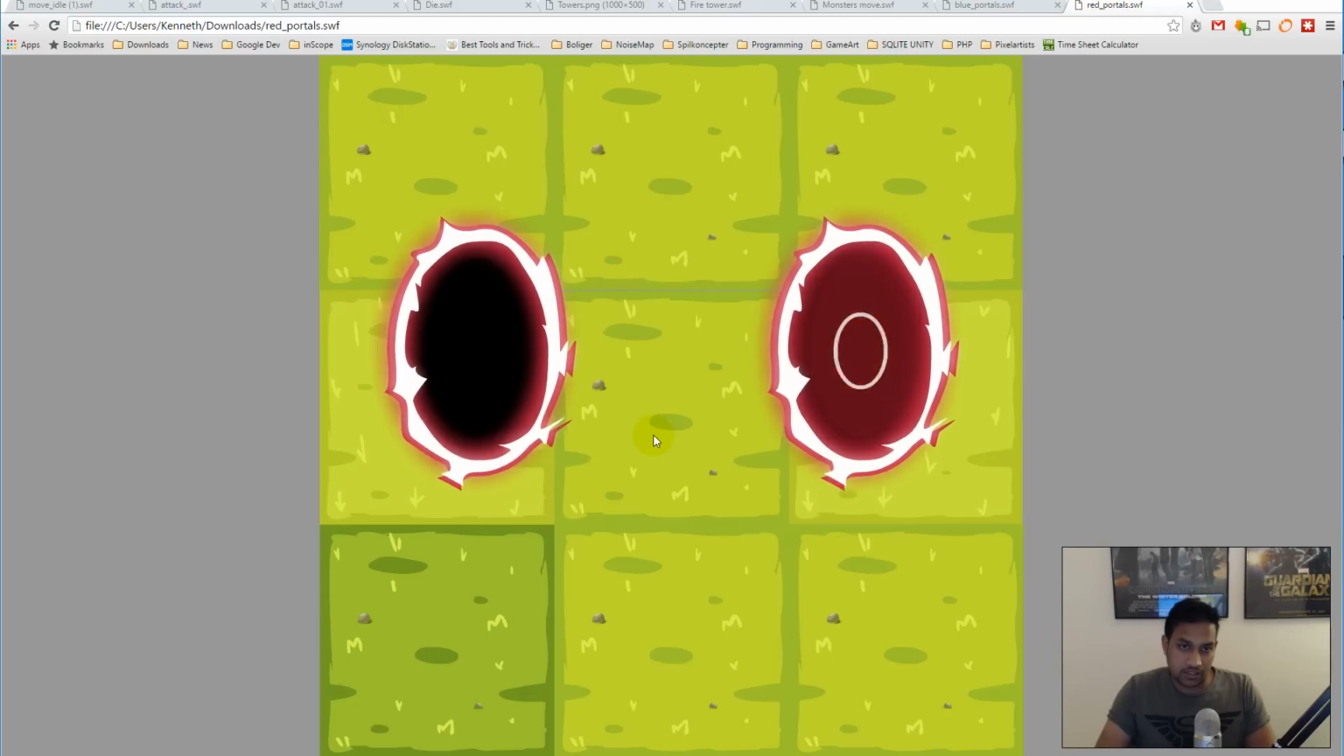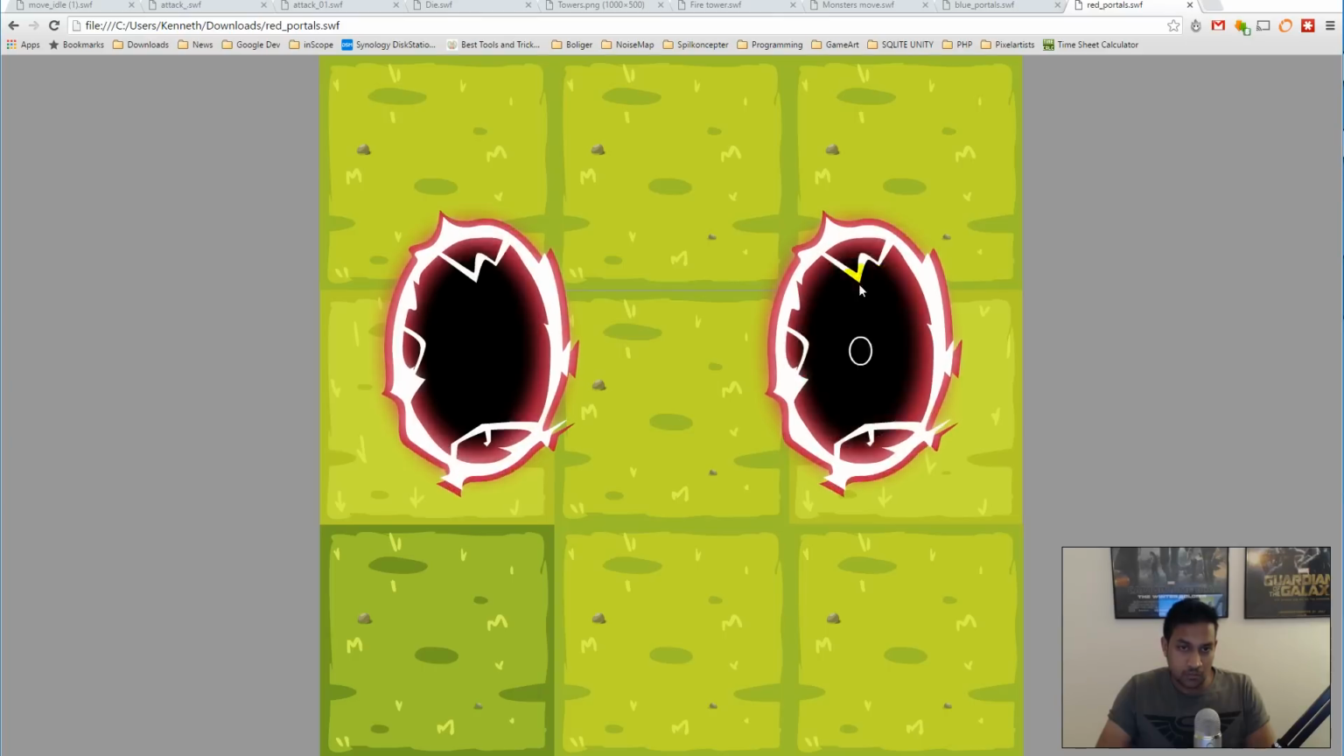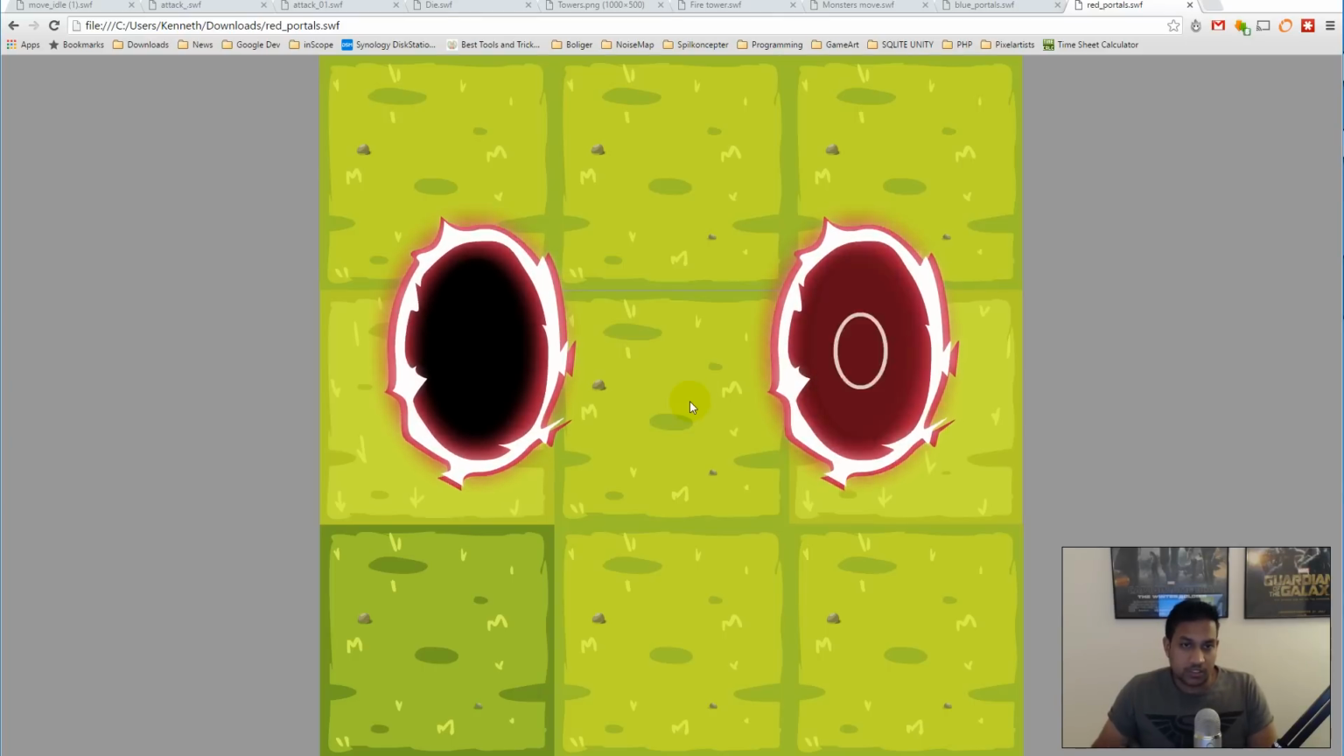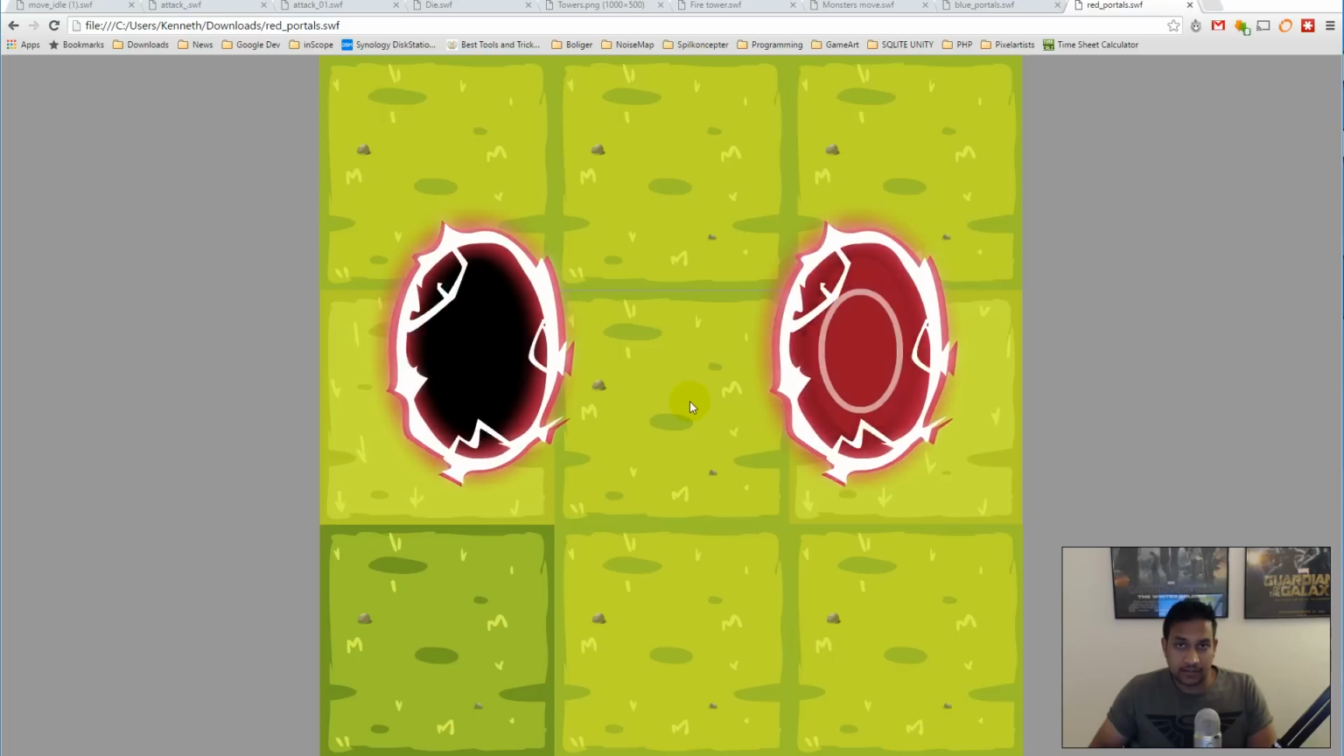So the end portal is the same portal, just in red colors, and it also has an idle animation and an open animation. So besides this, I will also be adding some